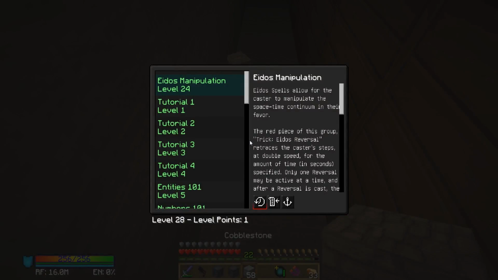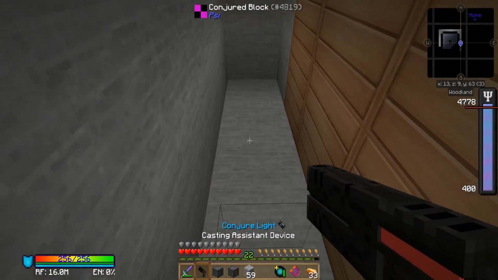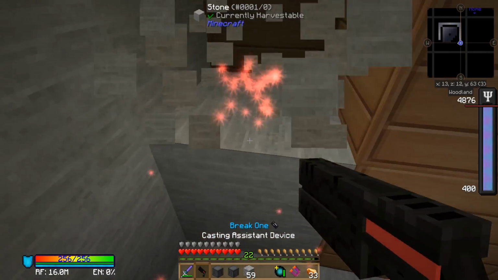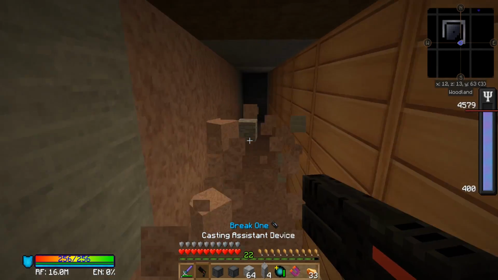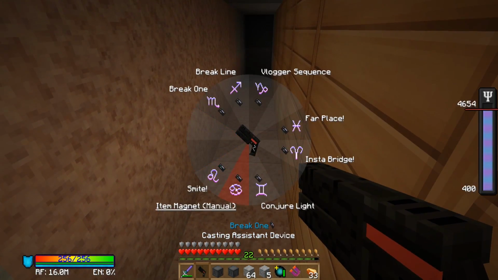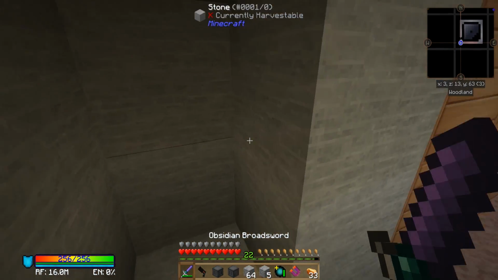Nope, that's not what I wanted. Let's try this again. Thank you. Now we'll go back to break one. I need to remember that I always have to switch my spells around, which I just don't ever remember to do for some reason. But anyway, so now that we have this, I can...